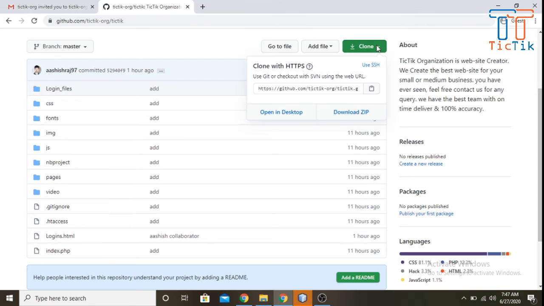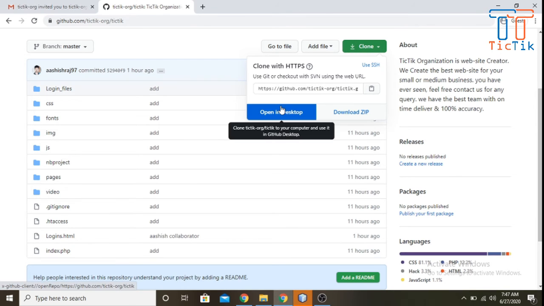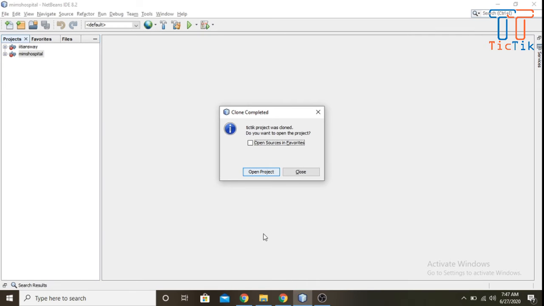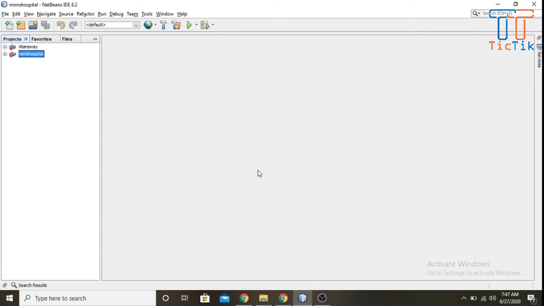You can even download it directly as a zip, but I recommend cloning while you are doing coding. I'm coming back. You can see the option is coming, opening, and you can see here the project is already ready.